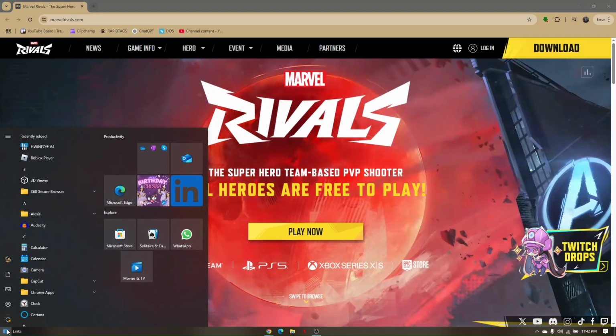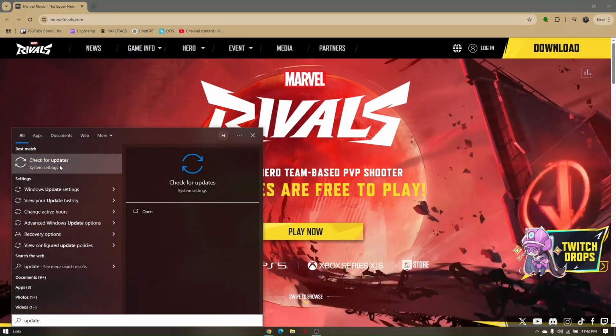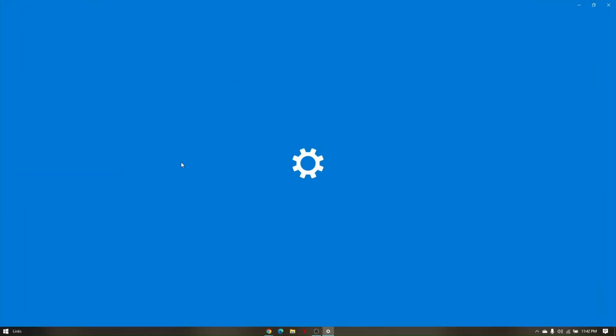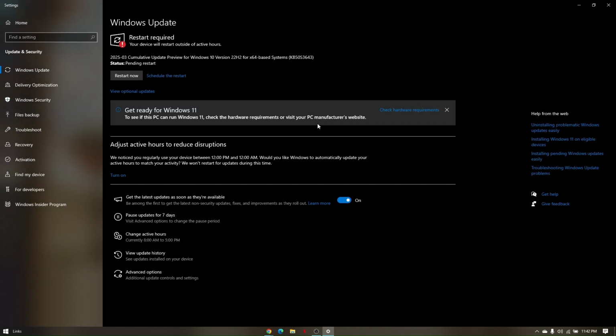just simply type in update. Now click on check for updates. This will take you out to your system settings, specifically your Windows Update. Now all you have to do here is just make sure that your current operating system is updated to the latest version. You should be able to know if it needs updating because there's going to be an update